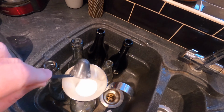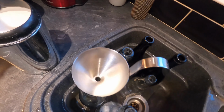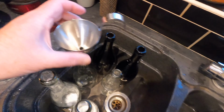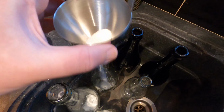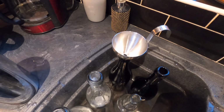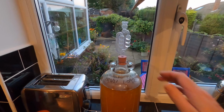So in each of the 750ml, I'm going to put this amount of sugar, and this is a generous heaped teaspoon of sugar, and it's just standard household sugar, and this sugar is to give it a sparkle. So when the yeast, which is still in suspension in there, eats this sugar, it will cause a tiny fermentation, just a very, very small one. But a byproduct of that will be CO2, and when the CO2 builds up, that causes pressure, and the pressure is what gives you bubbles. So then it's bung out,